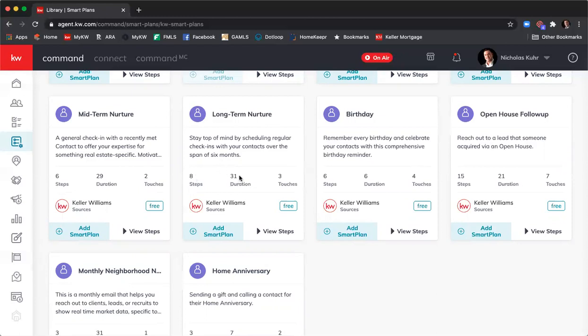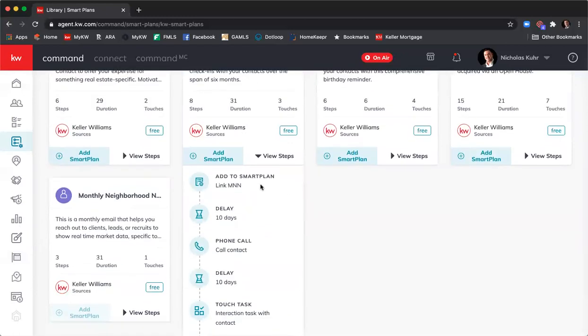So 8 steps, 31 days, and 3 touches. So we'll come down here. So the first step is to add them automatically to that monthly neighborhood nurture. So whereas in the midterm nurture, we added them to the biweekly, here we're going to add them only to that monthly neighborhood nurture. And the difference is they're not quite as ready to buy or sell. They still want to know what's going on in the market. They're still interested to know what's going on in their neighborhood, how things are selling. But they don't need to see it every 2 weeks because once a month is going to be enough information